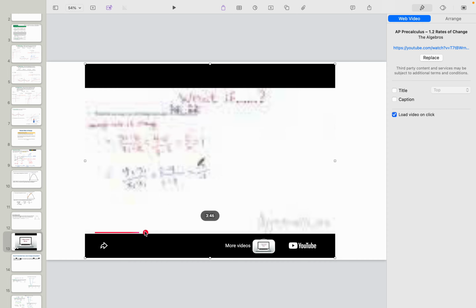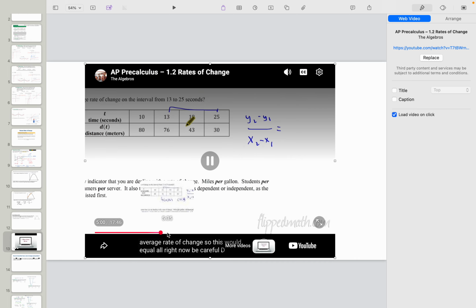Sub it in our formula here. We're going to have the same formula. Y2, be careful, D25